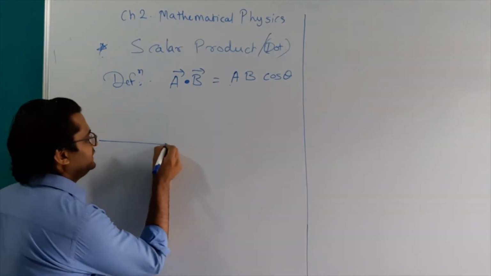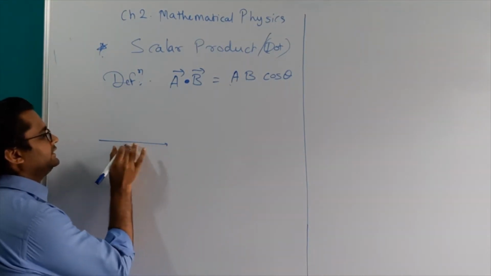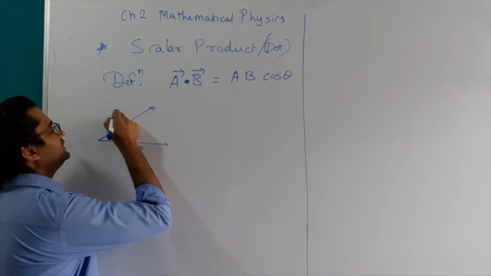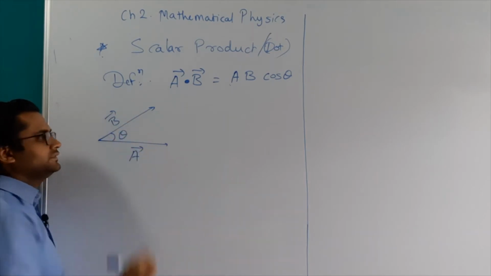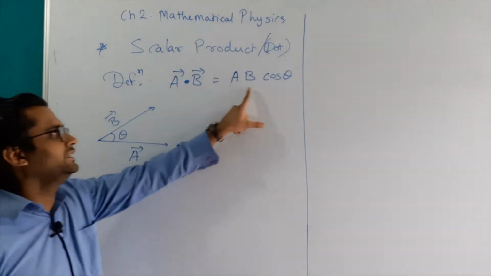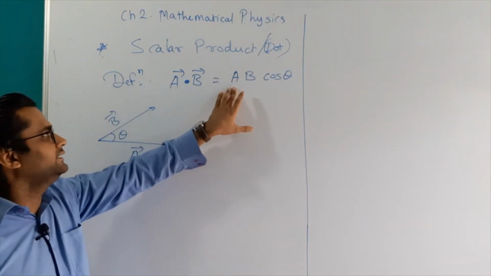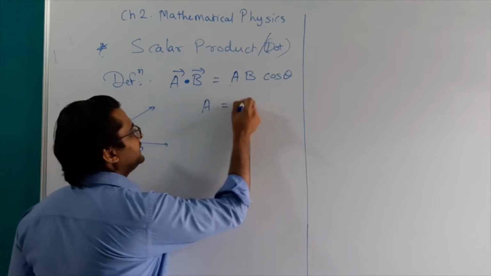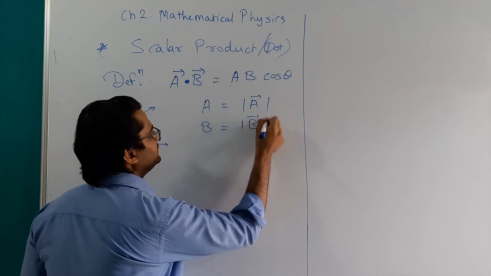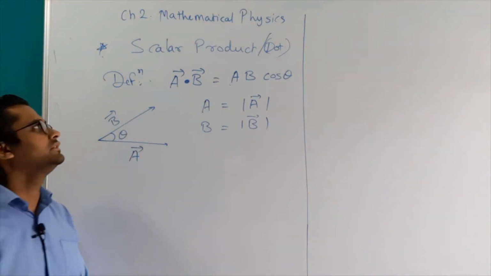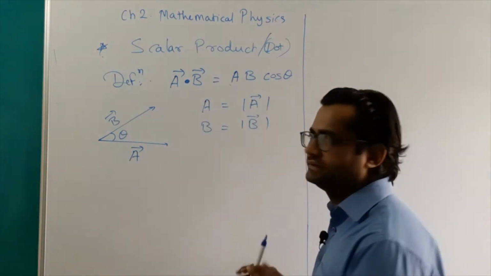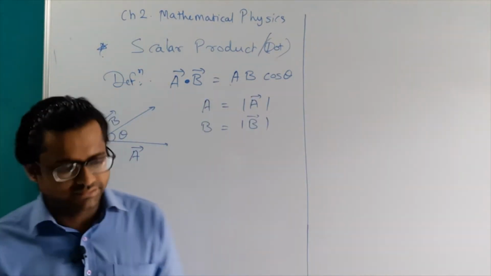So if I have a vector here, a bar, I have another vector b bar, and the angle between these two vectors is theta, then their dot product is defined as a bar dot b bar equal to ab cos theta. Here this a, what is this a? A is magnitude of vector a bar, b is magnitude of vector b bar. So this is definition of dot product of two vectors. Now we will discuss what this actually means, है ना, इसका क्या मीनिंग होता है वो हम लोग डिस्कस करेंगे.